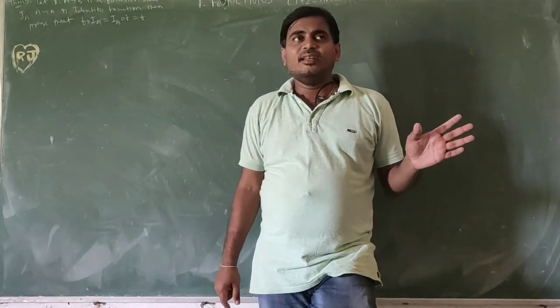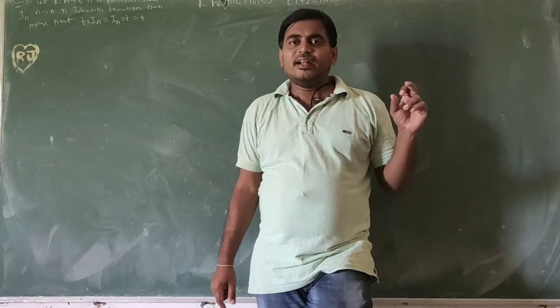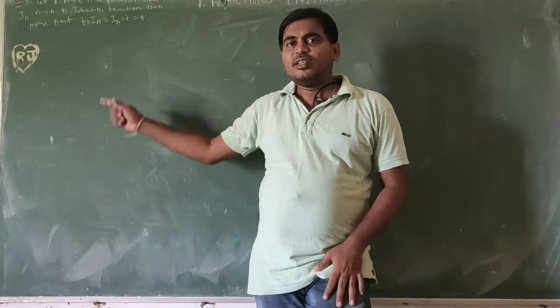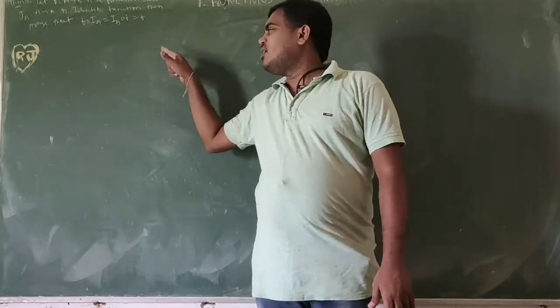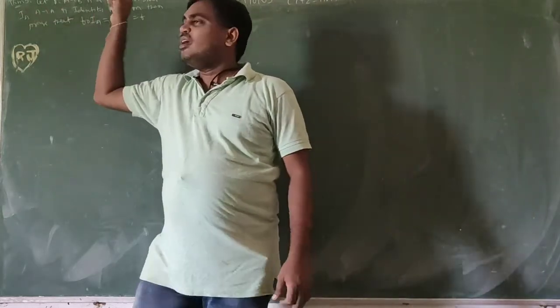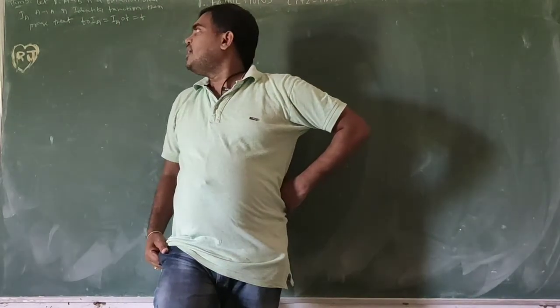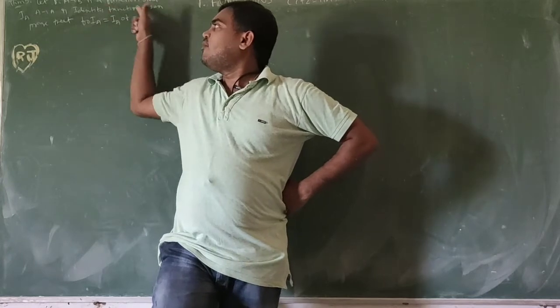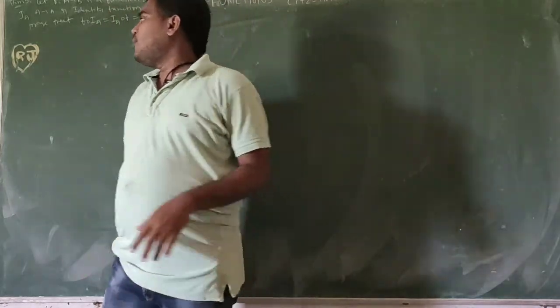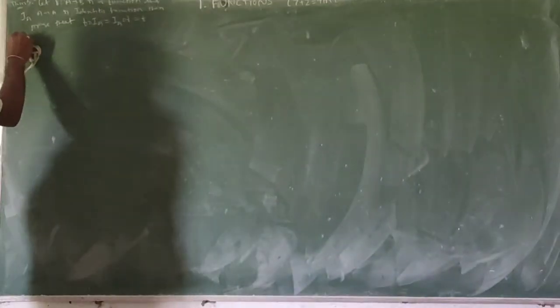IA is the identity. We already discussed that the identity function is denoted with I. Since it is a mapping from A to A, that's why we represented it with IA. IA from A to A is the identity function. We need to prove these three functions are equal. So, proof.